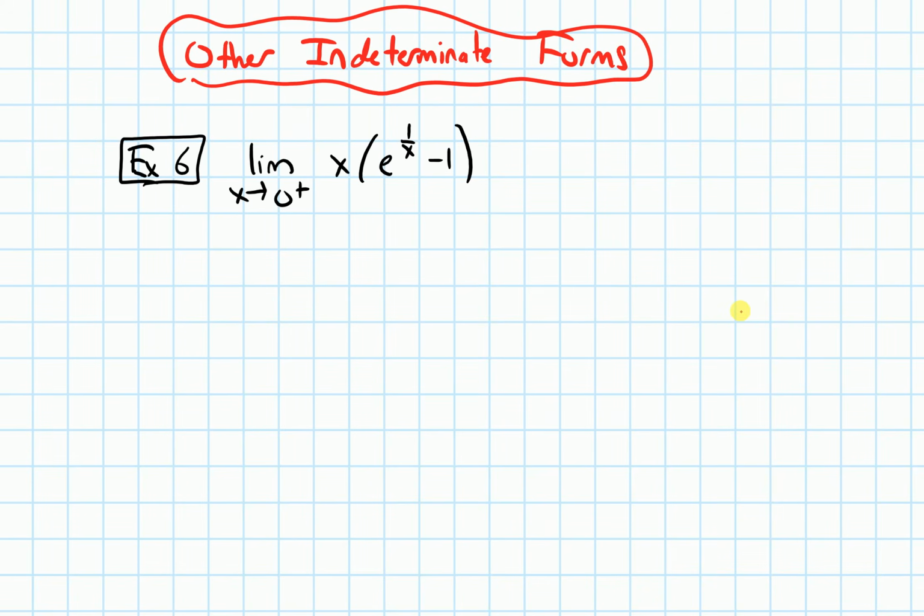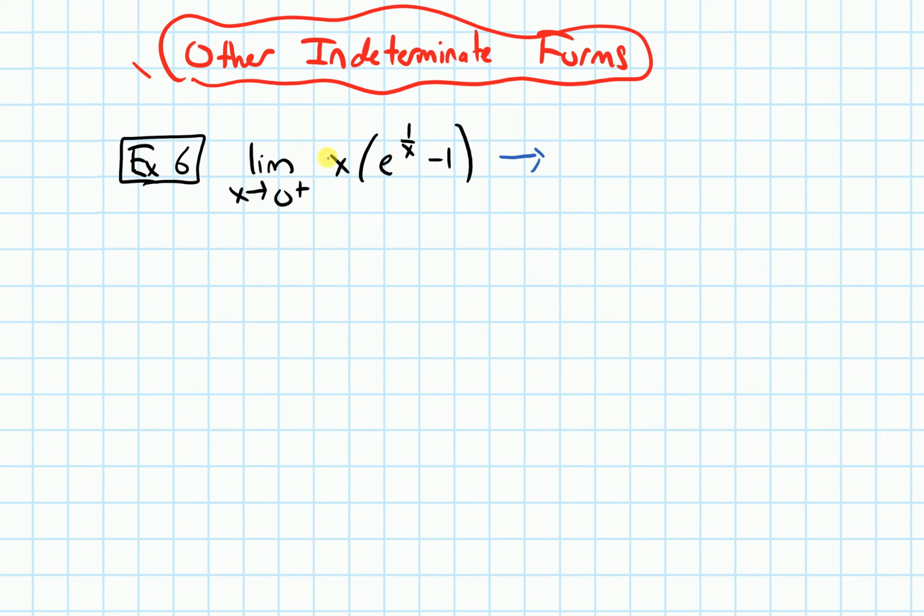In this video, we will talk about how to use L'Hopital's rule for other indeterminate forms. So I want to begin by looking at an example. Let's suppose I have the limit as x approaches 0 from the right of x times e to the 1 over x minus 1. My first step for a limit problem like this is always to try to plug in our value. So plugging in just 0 into this,